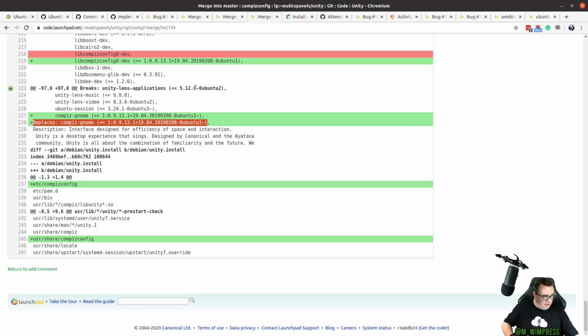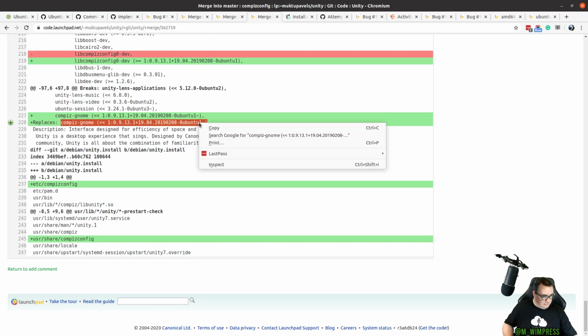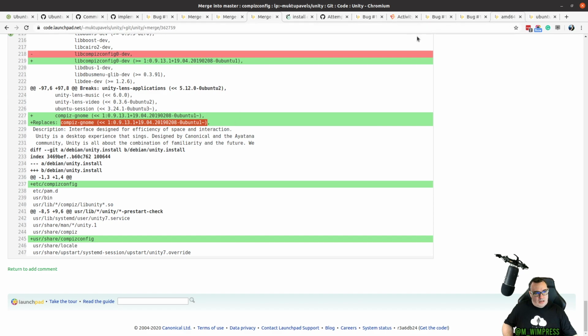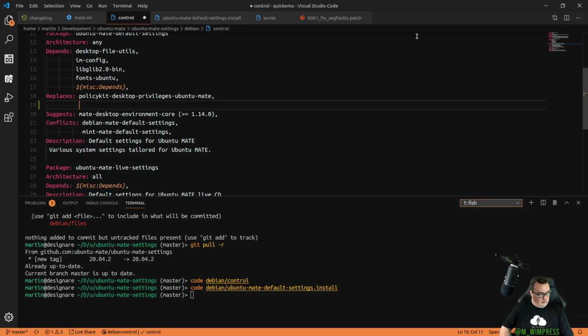It was this one here, this Replaces line here. And obviously we need to change that to compiz-mate. So that should do what we need,